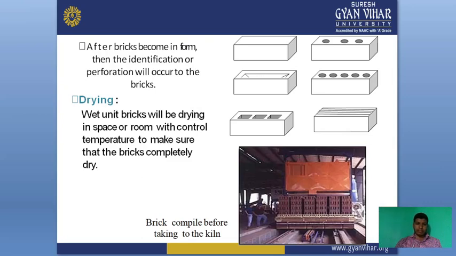देन टेम्परिंग होने के बाद हम उसको फिर एक ओवन में रखते हैं ड्राइंग के लिए। एक स्पेसिफिक रूम होता है जिसमें टेम्परेचर भी होता है ताकि वो अच्छे से ब्रिक्स को ड्राई करे, और ड्राइंग होने के बाद एक अच्छी स्ट्रेंथ दे, चाहे वो सिंपल ब्रिक हो, नॉर्मल ब्रिक हो या फिर इंजीनियरिंग ब्रिक हो, ताकि एक प्रॉपर स्ट्रेंथ निकले, एक अच्छा बॉन्ड निकले, ताकि उसमें कुछ टेक्सचर फेलियर वगैरह ना हो। जब तक प्रॉपर ड्राइंग नहीं होगी तो ब्रिक स्ट्रेंथ नहीं दे पाएगी, और टेस्टिंग में भी उसका पूरा डाटा फेल होगा। तो हमें मेक श्योर करना पड़ता है कि ब्रिक्स अच्छे तरीके से सूखने के बाद ही हम ओवन से निकालते हैं।